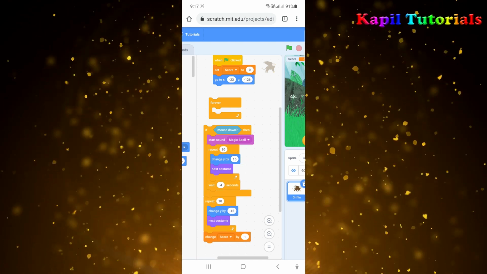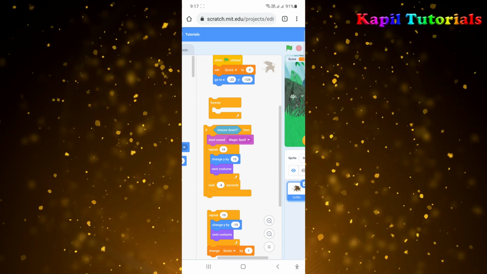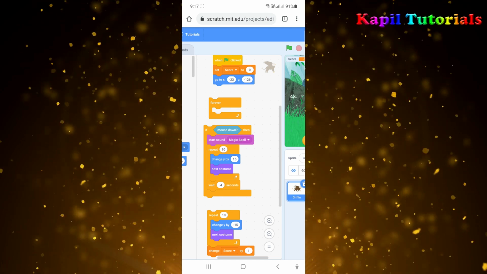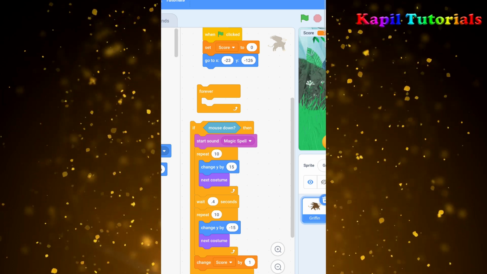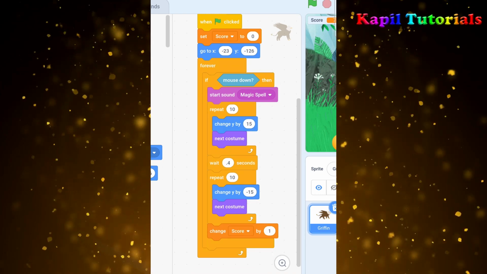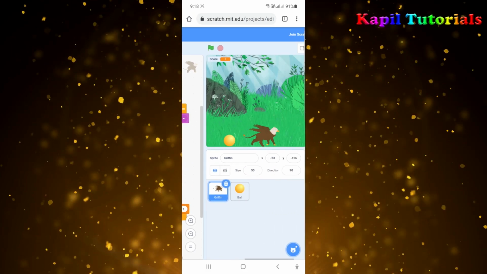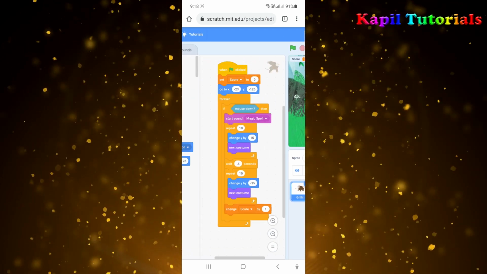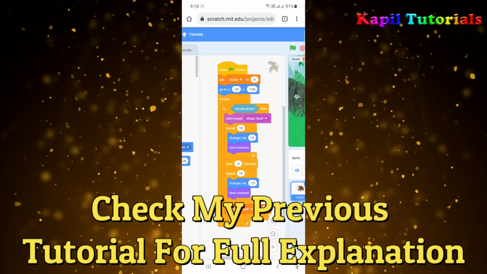After placing it in this command, like now if, and then after this if and after the wait command, I have to put this repeat like here. Now after this wait command, I'll put it in forever, and now I'll join it. So please do like this. I think it will be clear. I'll again request you to go to my previous tutorial because further explanation is there. I have explained the whole tutorial in detail.